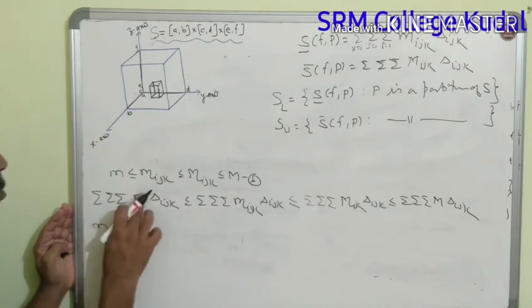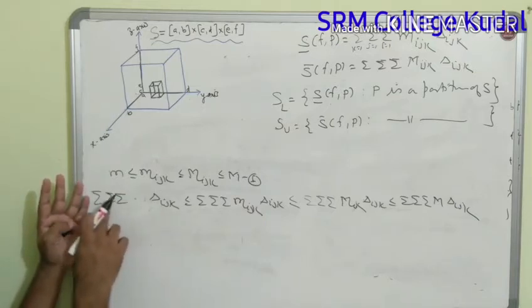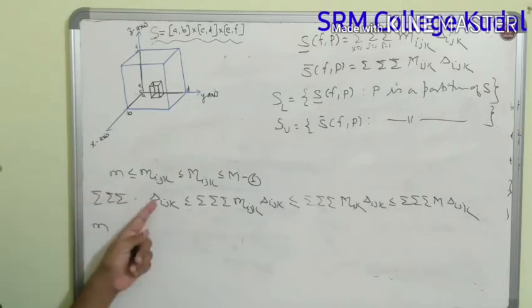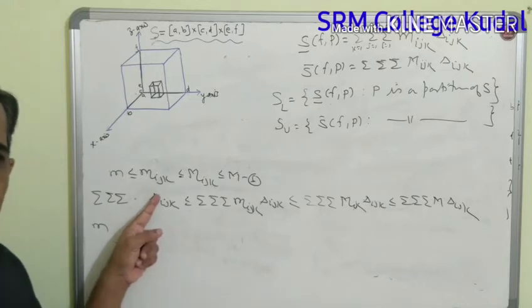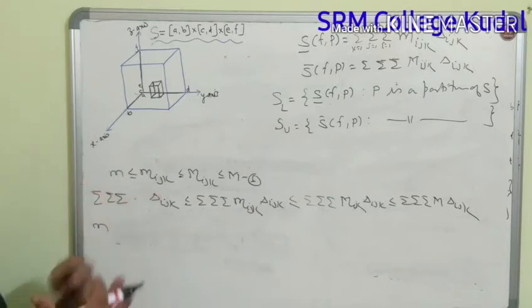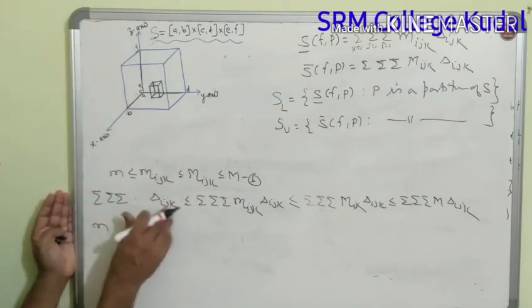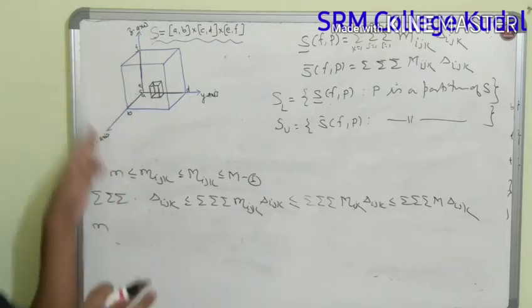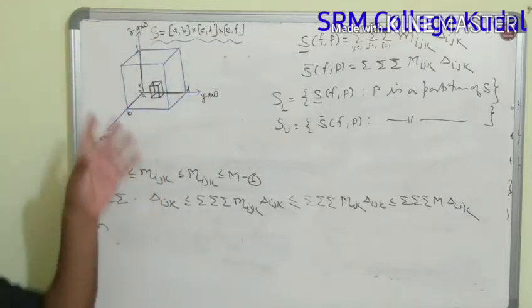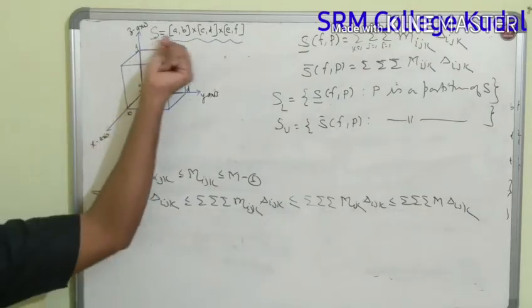it outside. Suppose I take this M outside, and what you will get is summation over I, J, K, I runs from so and so, J runs from so and so, and this is nothing but the volume of the Ijk subcuboid Sijk. And I is also a variable which runs over 1 to L. So the overall sum will be the volume of the whole of the cuboid. So the sum of volume of each of the subcuboids will give you the volume of the whole of the cuboid. And what is the volume of this cuboid?